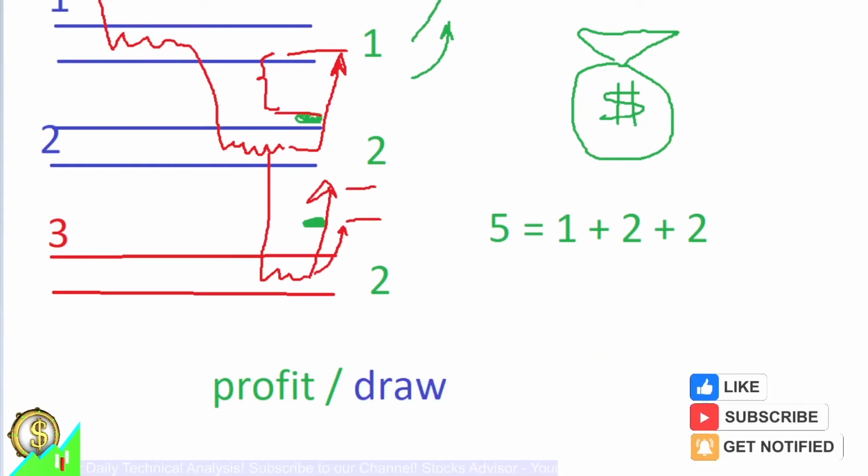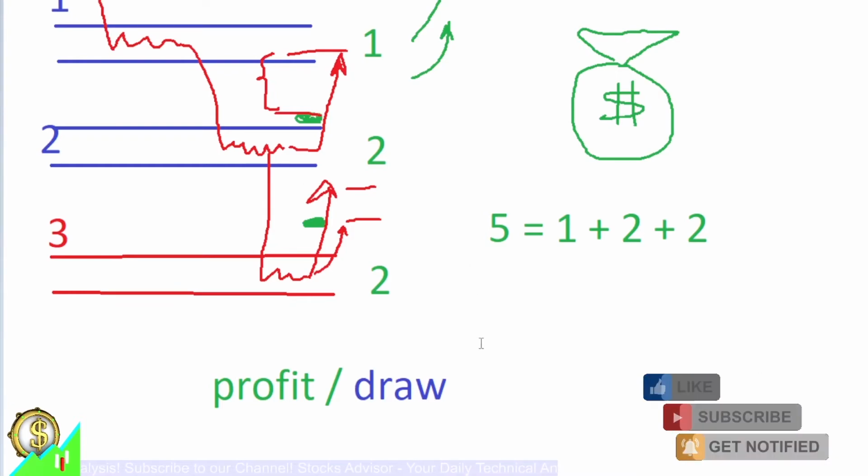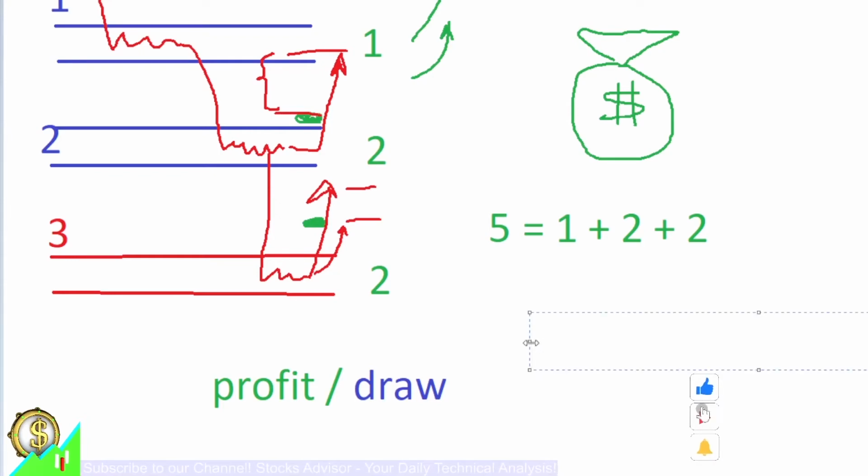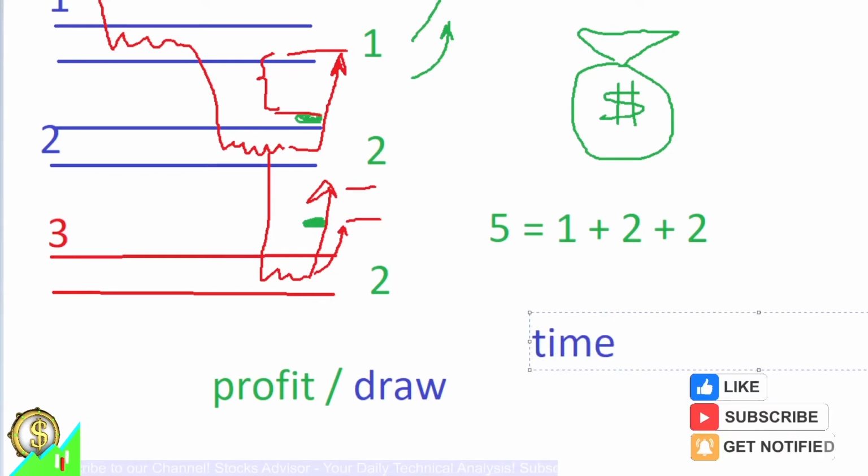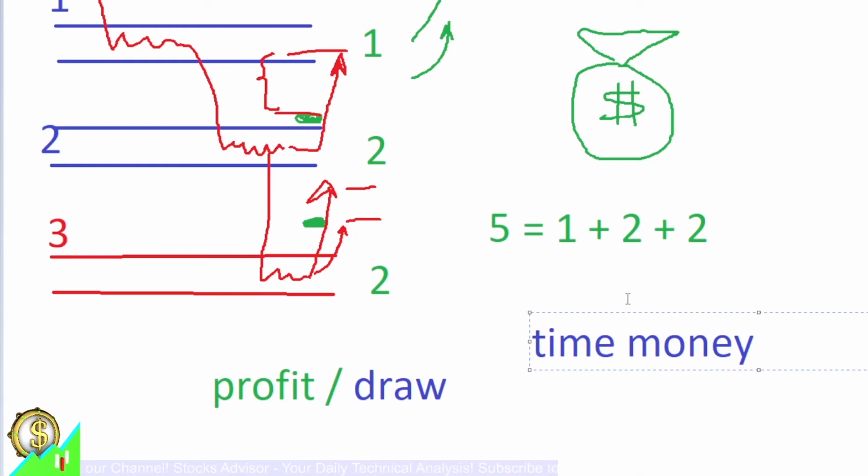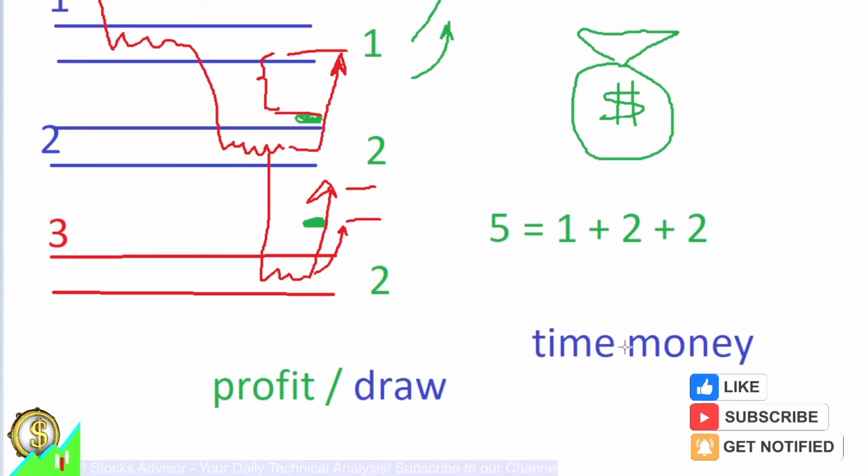How to achieve this? Well, you achieve this with, of course, waiting a little bit, spending a little bit of your time, because we do not do stop loss. So we spend our time, but we do not want to spend our money. So this is the strategy of non-linear averaging down and waiting.